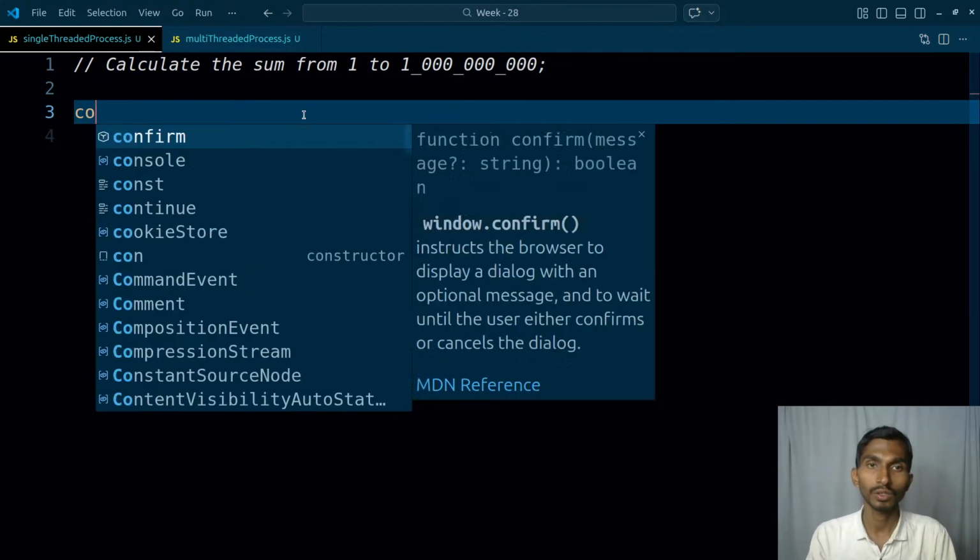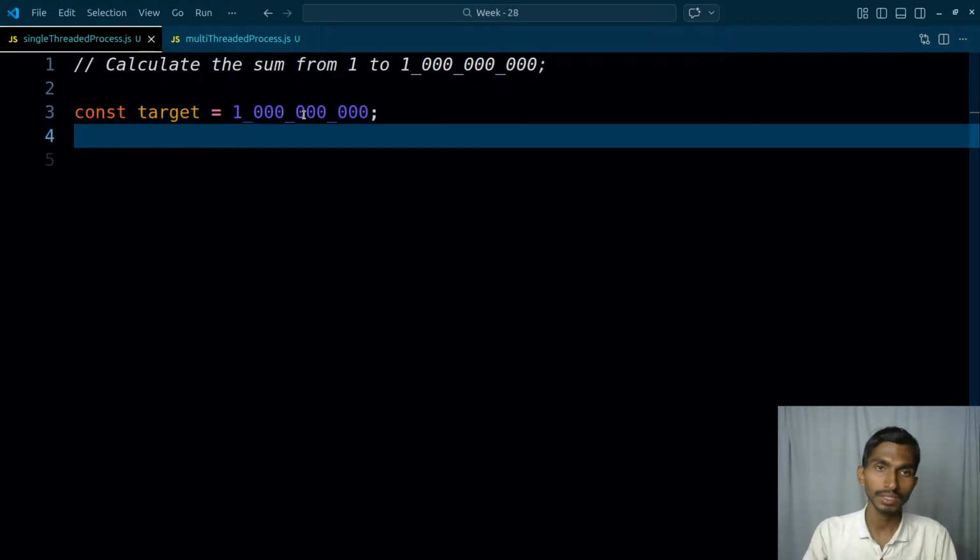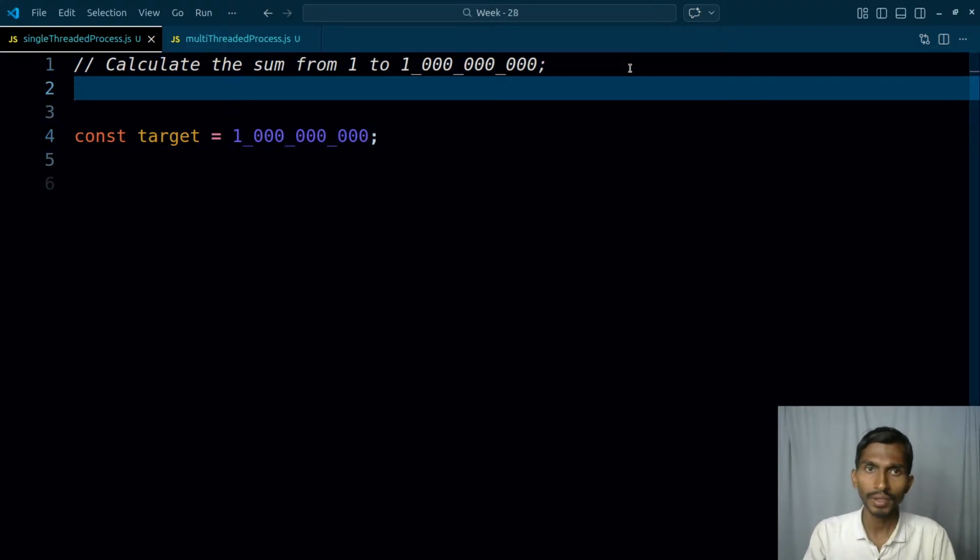let or const, what is the target? The target is going to be, or value, depends on it, whatever you want to name, you can name it. The target is going to be 1 2 3 1 2 3 1 2 3. Having said that, this is going to be single threaded. Once I have the target, then what else? Nothing else. Once I have the target, the next thing is that I will be getting the length of